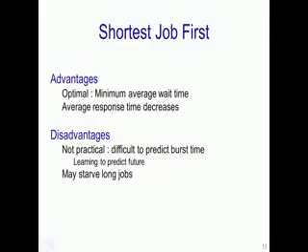So, the advantage of the shortest job first scheduling algorithm is that it is optimal, that it will always give you the minimum average waiting time, and as a result of this the average response time also decreases. The main disadvantage of the SJF scheduling algorithm is that it is not practical. Essentially, it is very difficult to predict what the burst time would be. Another drawback of the SJF scheduling algorithm is that some jobs may get starved. Essentially, if you have a process which has an extremely long